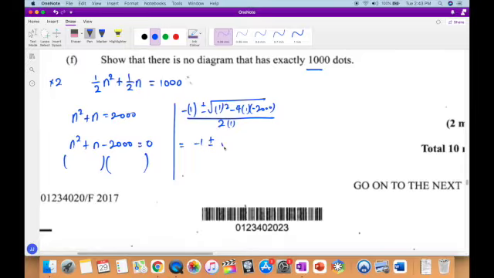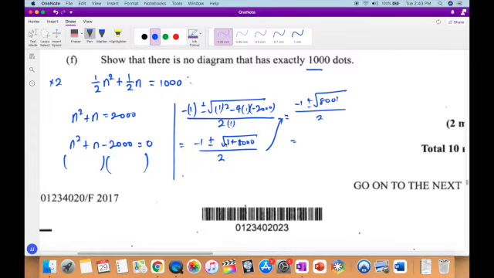Negative 1 plus or minus the square root of 1 plus 4 2s are 8000, all over 2, which gives us minus 1 plus or minus the square root of 8001 all over 2. The square root of 8001 is a decimal, a rather annoying decimal. So plus 1 or minus 1